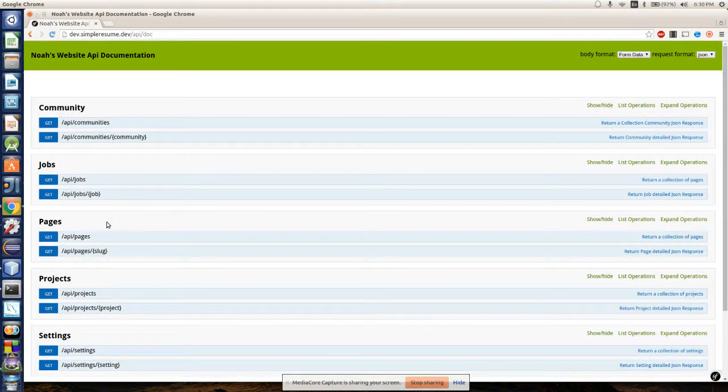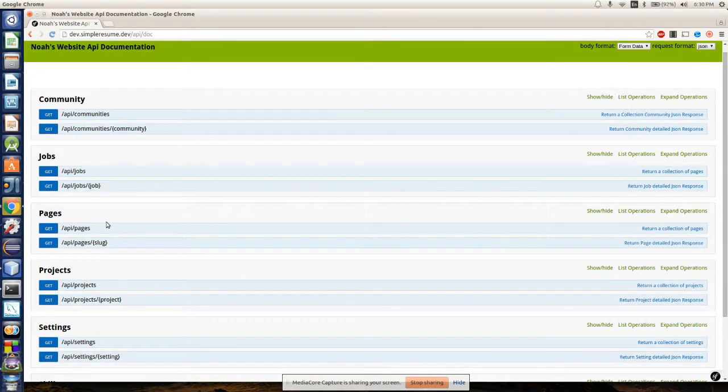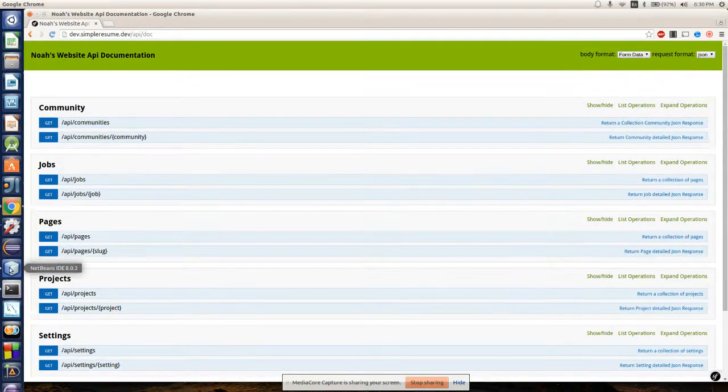And then for testing, we're also using the LiipFunctionalTestBundle and SQLite as our testing database, and that allows us to create and delete databases really quickly. So we don't have to use a full version of MySQL or Postgres or whatever you decide to use for that stuff. So the first thing we're going to do is go over